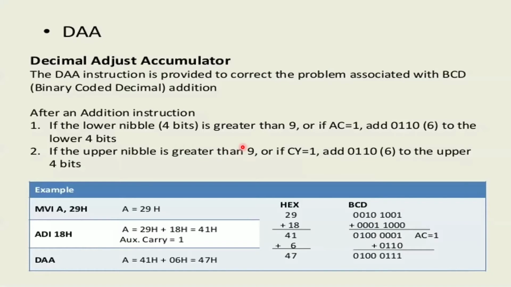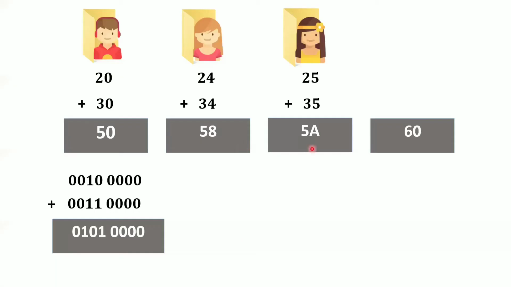Our decimal number system cannot be understood by the processor. That's why we have gone to the hexadecimal number system. Even BCD is not sufficient; there is some problem in BCD. That's why we are choosing the hexadecimal number system. When we are performing hexadecimal additions, you will get a problem like this. In the previous example, when you add 25 and 35, what is the result? 5 plus 5 is actually 10, which means you should carry one and get 60 as the result. But here 5 plus 5 becomes 10, and 10 in hexadecimal is A. That's why the result is 5A.